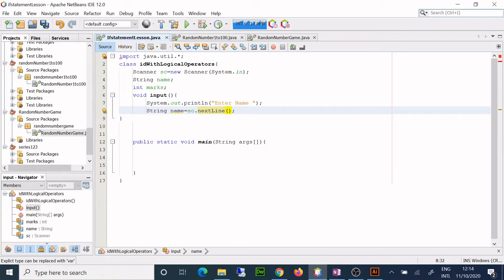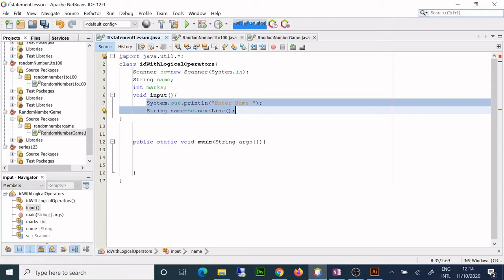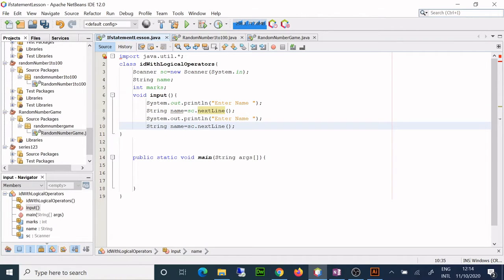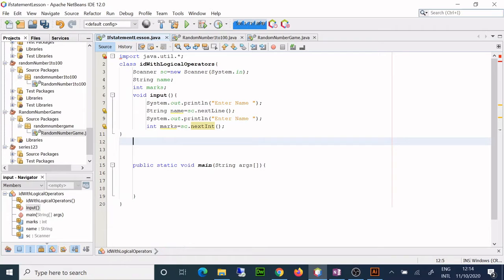Okay, once again I'll copy it, paste it here, and I'll say int marks, and since this is an integer, so nextInt. Okay, I made this method for input, and now I have to calculate the grade.